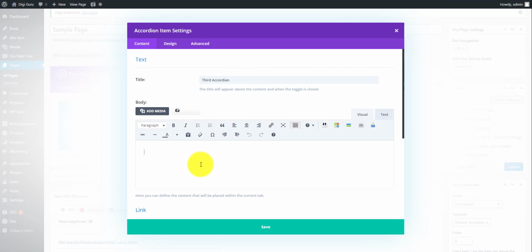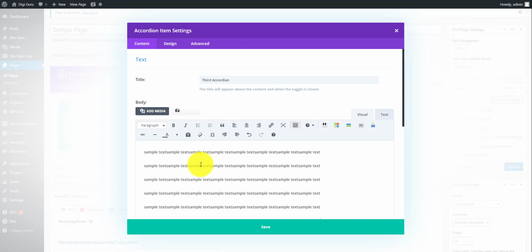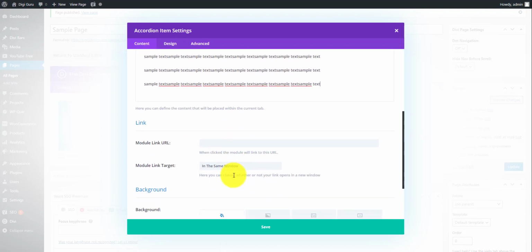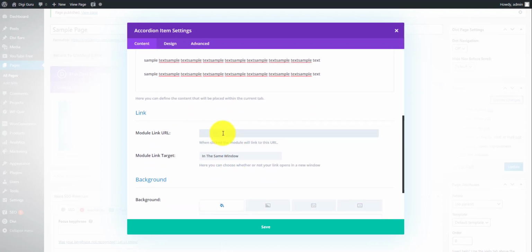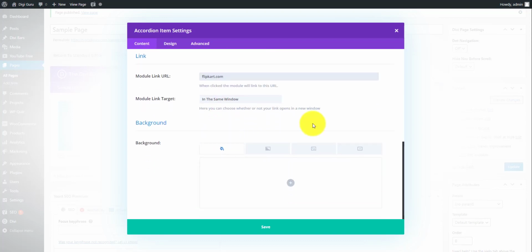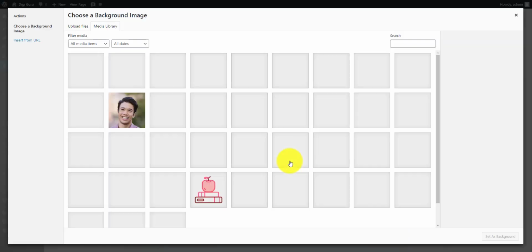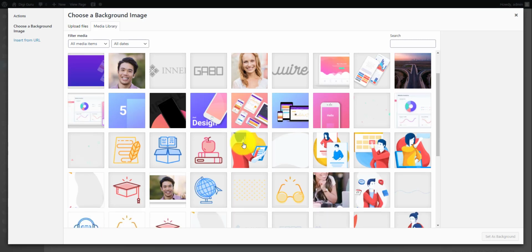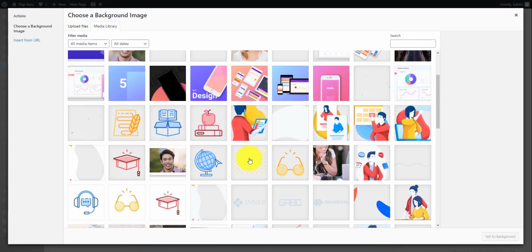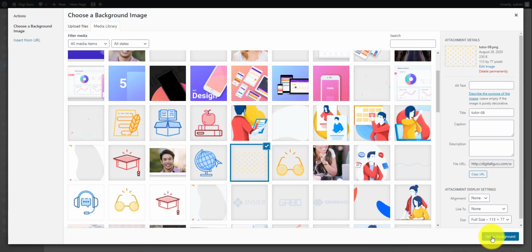accordion. I'll put the same text out here, but a little bit more than last time, and this time I want them to go to Flipkart, and I'll be using the image. Oh, I forgot to change it to open in a new tab, and I need to make them go in an image background. So let's choose an image. As far as I can see, I will be using this as an image background,